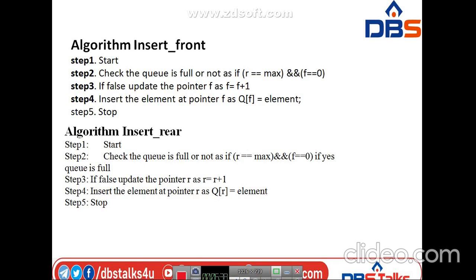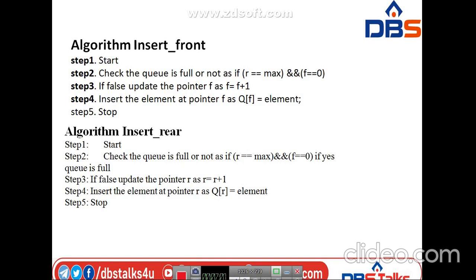Insertion at front means f equal to f plus 1, and we represent the topmost element present in the queue, that is q of f equal to element. The second one is insertion at rear.